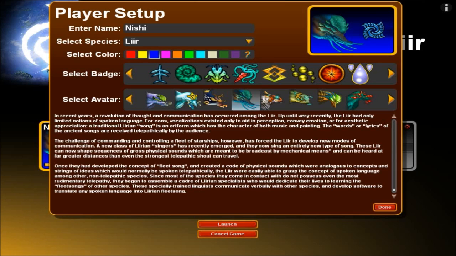Once they had developed the concept of a fleet song, they created a code of physical sounds which correspond to concepts and strings of ideas which would normally be spoken telepathically. They were easily able to grasp the concept of spoken language among other non-telepathic species. Since most of the species that they come in contact with do not possess even the most rudimentary telepathy,